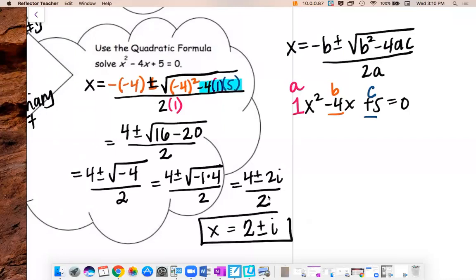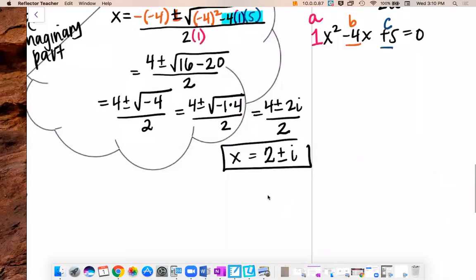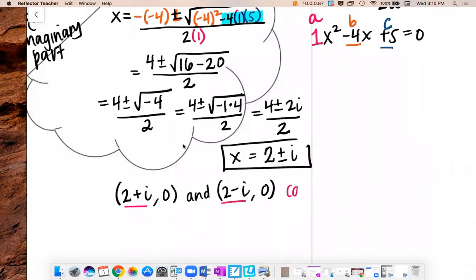So now if we're going to write the solutions, because we really just solved for x-intercepts, you're going to have one x-intercept be 2 plus i. So x is this when y is 0, and x is 2 minus i when y is also 0. So these are both your complex numbers, and they're both our complex solutions,